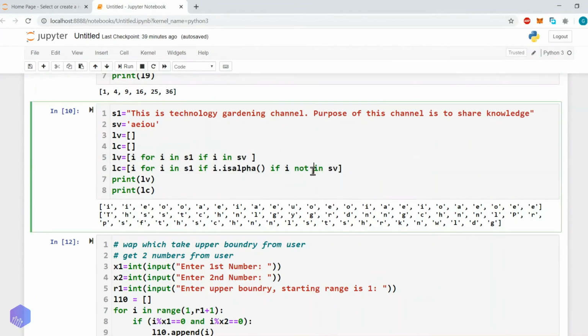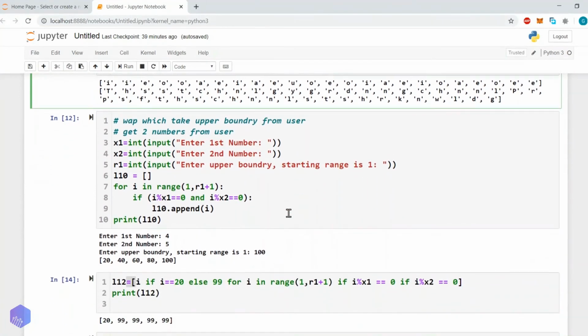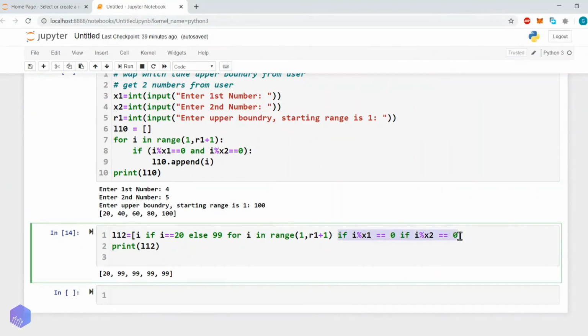One thing I would like to add here is that not only one condition, but we can specify multiple conditions here. And after that we discussed in this example how we can apply the condition before considering the element, as well as how we can apply the condition after considering the element. Here if we want to multiply all those numbers by 2, then here also we can write 2. And let's take another list,